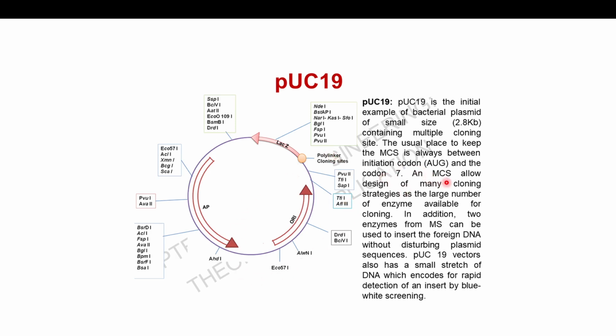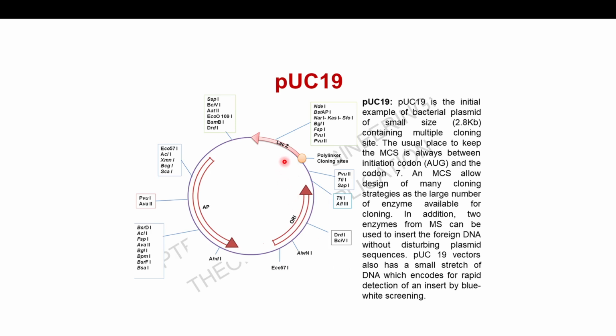And what is the purpose of having a multiple cloning site? It allows us to design many cloning strategies, as a large number of restriction enzymes are available for cloning. This multiple cloning site can be used to insert the foreign DNA without disturbing the plasmid sequences. pUC19 vectors also have a small stretch of DNA which encodes for rapid detection of an